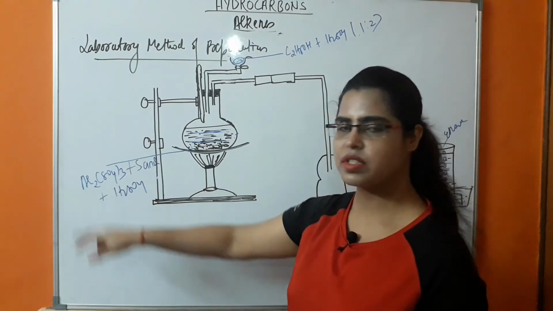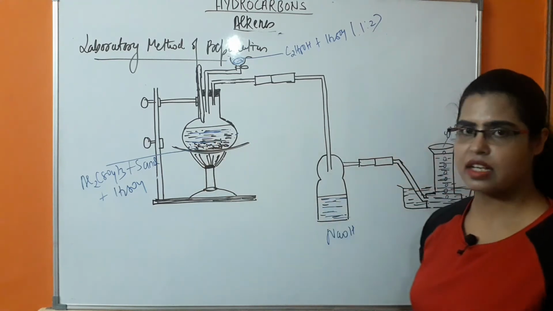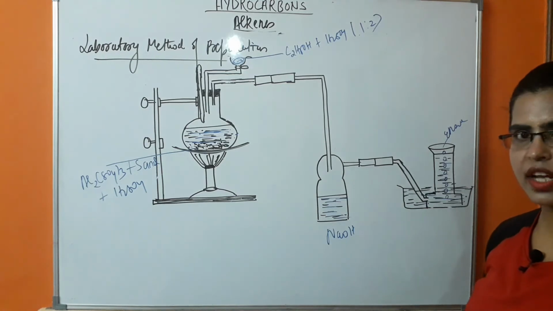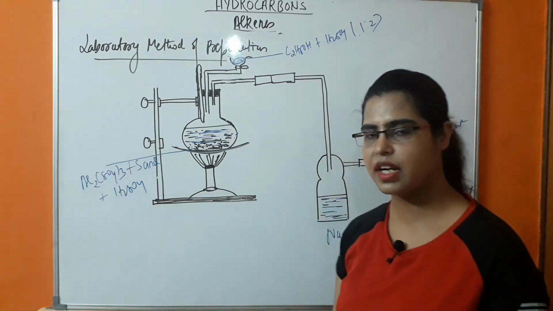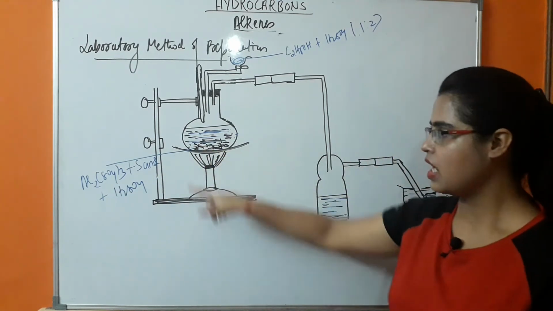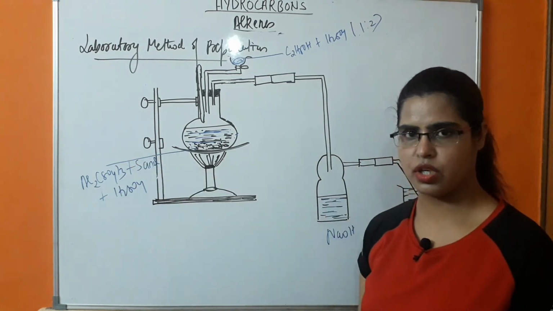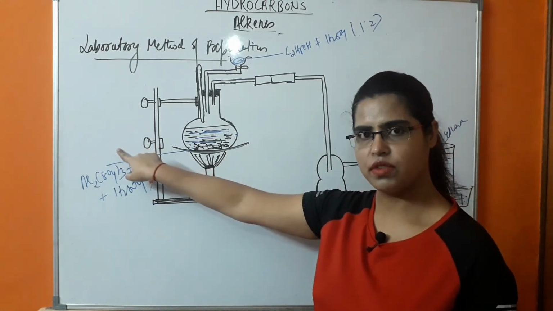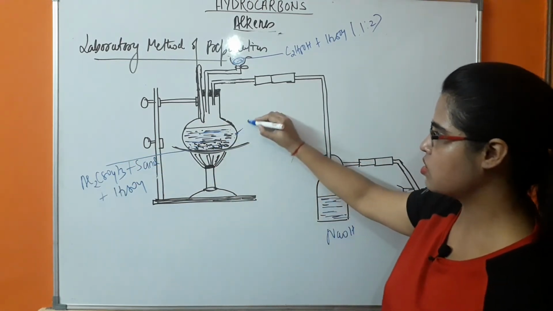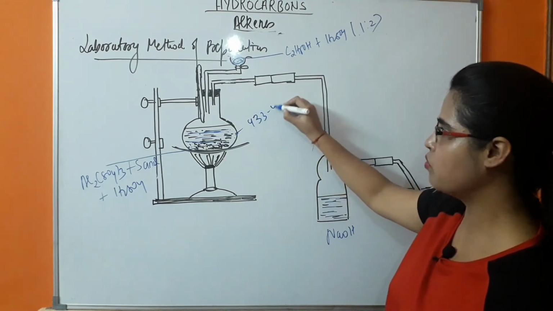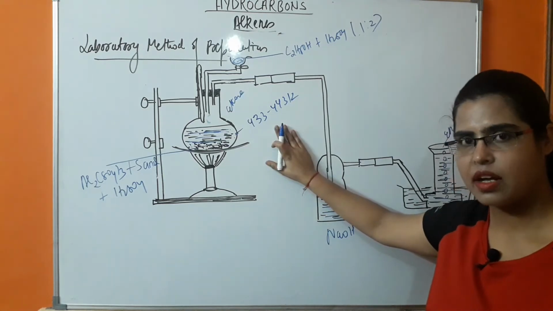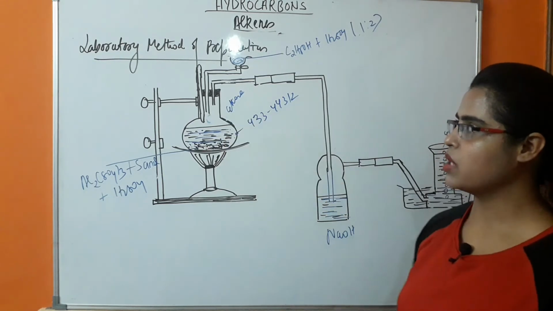So this aluminium sulfate helps in catalyzing the reaction, that is the reaction of ethanol with H2SO4. It means the dehydration reaction is catalyzed by this aluminium sulfate. It is behaving as a catalyst, and the sand which is present at the bottom is preventing the frothing of the solution. In this condition a temperature of around 433 to 443 Kelvin is maintained. At this temperature the reaction will occur, and by dehydration there will be formation of ethene.